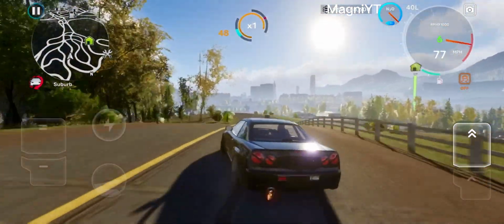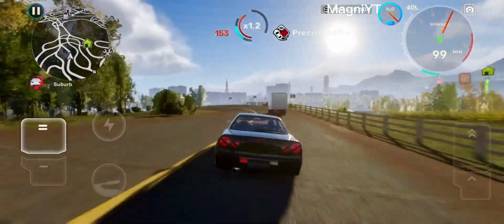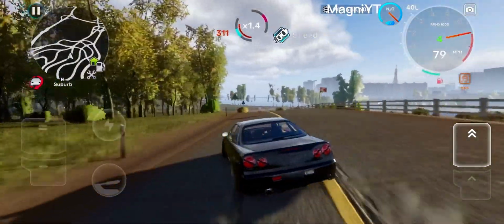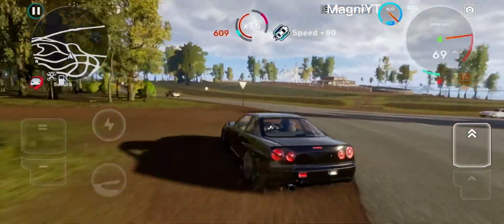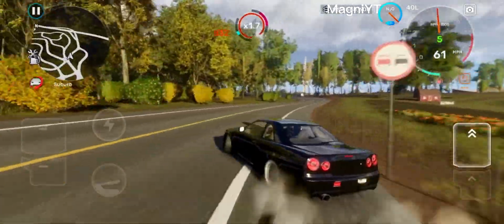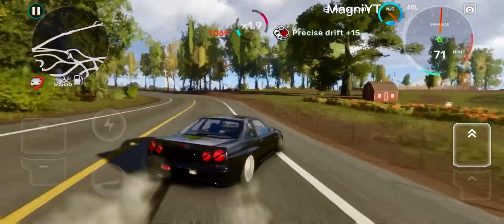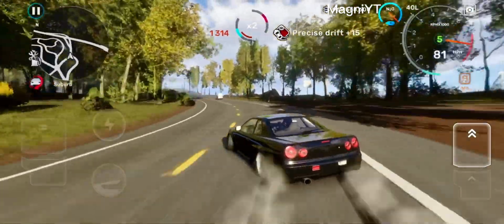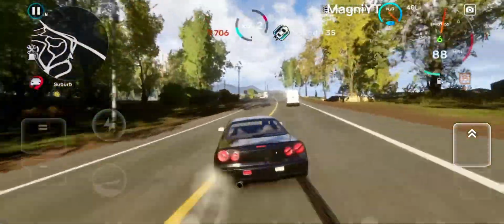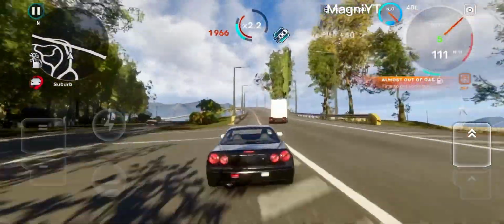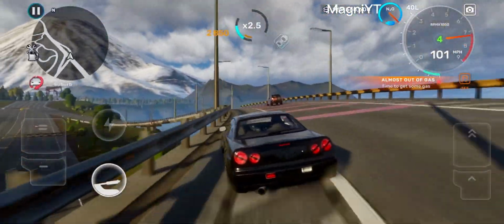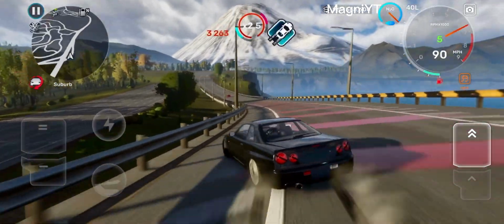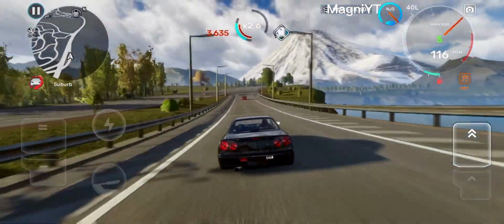The second thing we need is controller support and an on-screen steering wheel. I am a big fan of controllers, but there's no controller support. Most people play mobile games because it has controller support and it's easy to use. With CarX Drift, they failed to add controller support even though the game is on console. I think adding controller support and on-screen steering wheels will increase the player base of the game and will bring more attention.